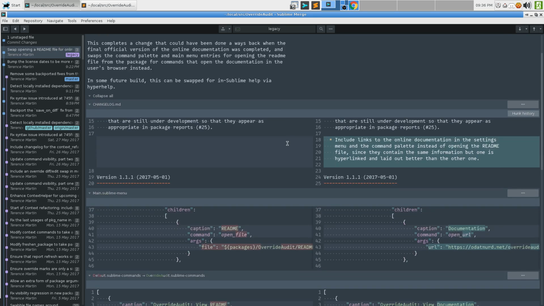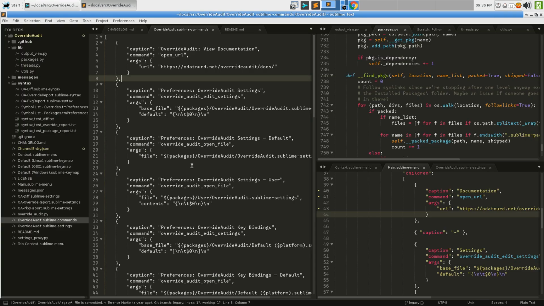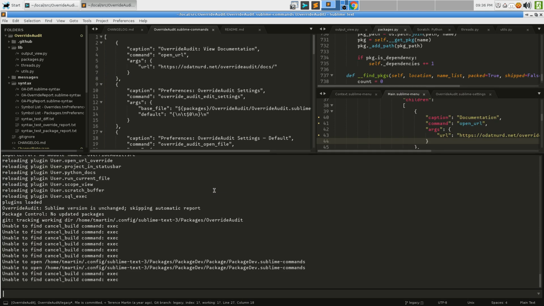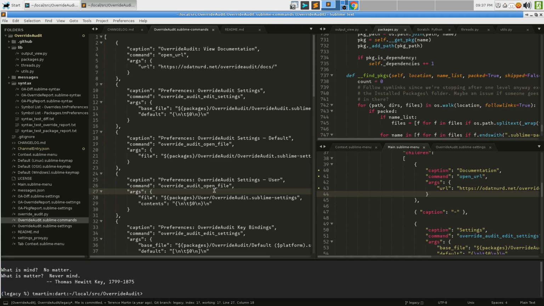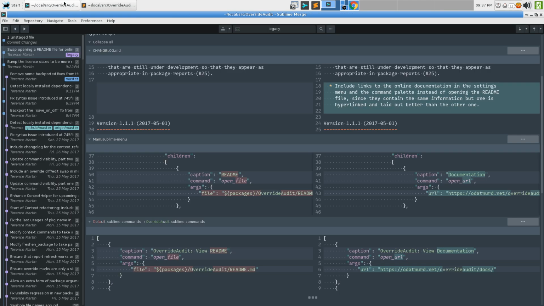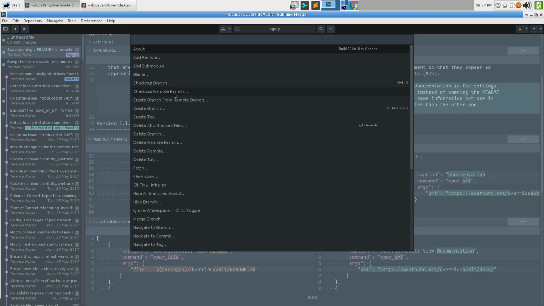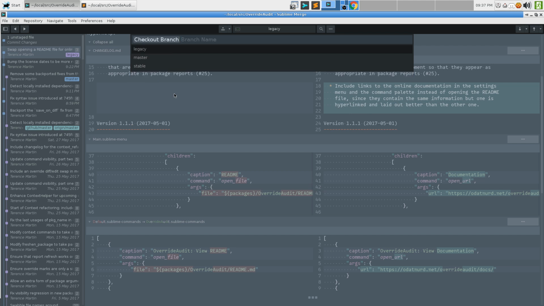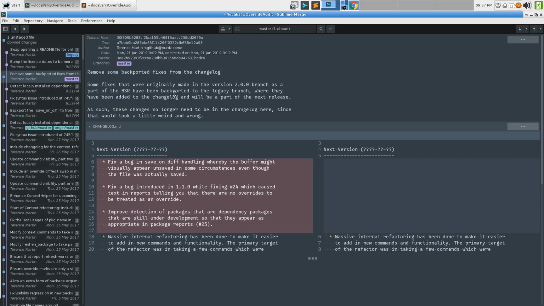And again, that was the main.sublime menu and the other one. So if I did this again, whoops, not that one, this one, and I copied OverrideAudit.sublime-commands and main.sublime-menu to my home directory, and then came back over to here and checked out the branch for master,